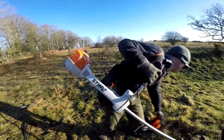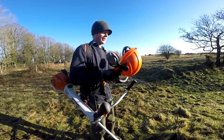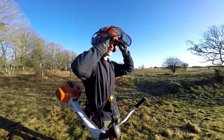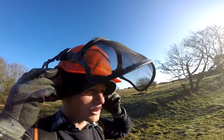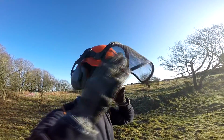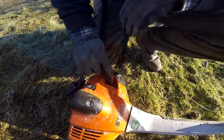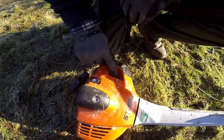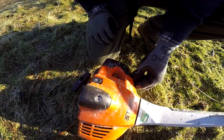And a good hard hat with a visor to protect your eyes, and earmuffs so you don't lose your hearing, like so. Alright, so you prime it 6 or 7 times first, just to get some fuel into the engine,